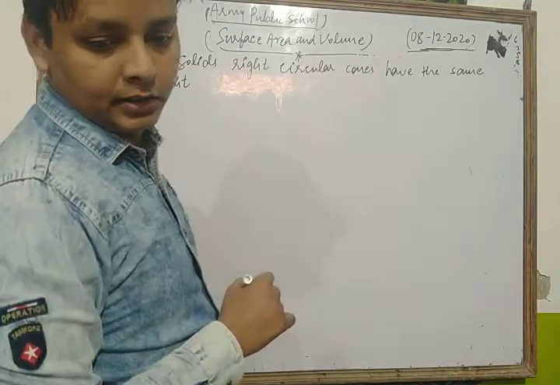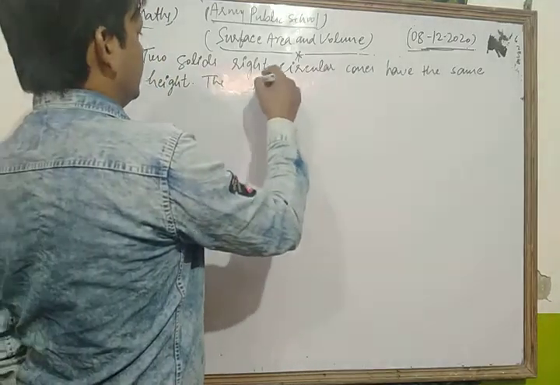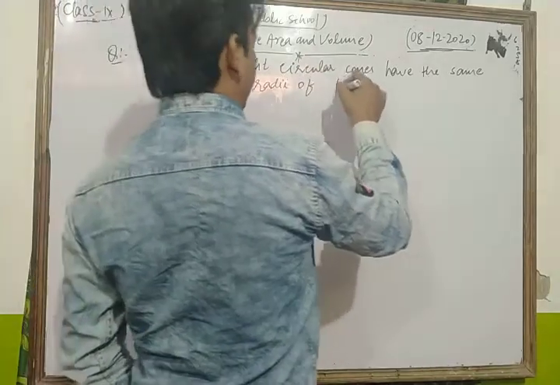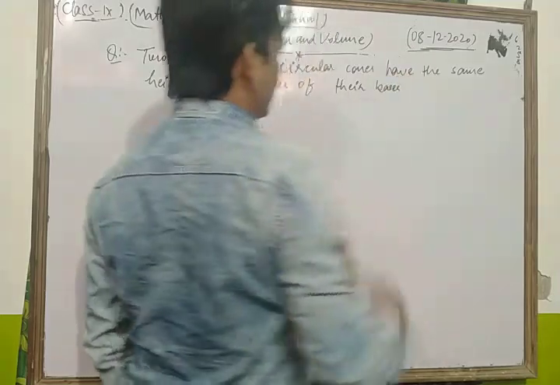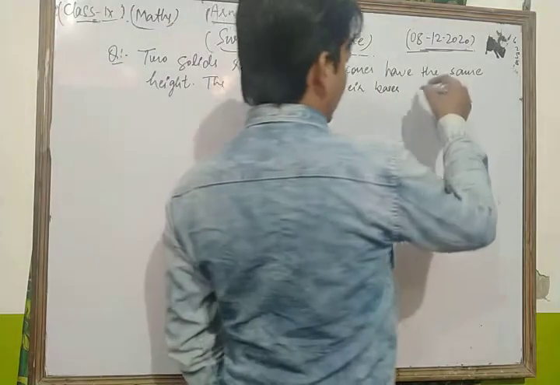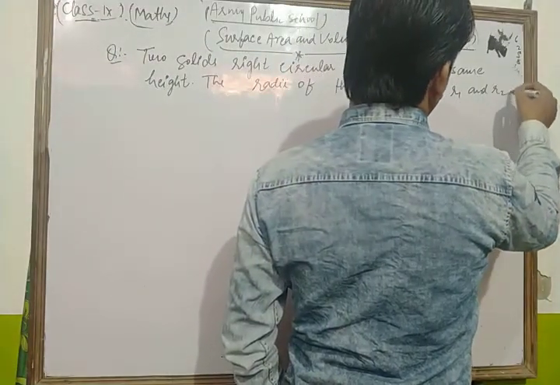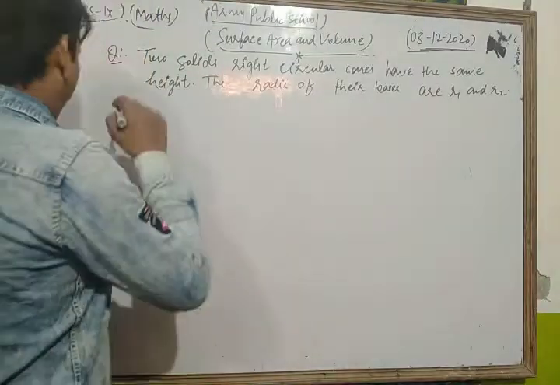The radii of their bases are R1 and R2. They are melted and recast